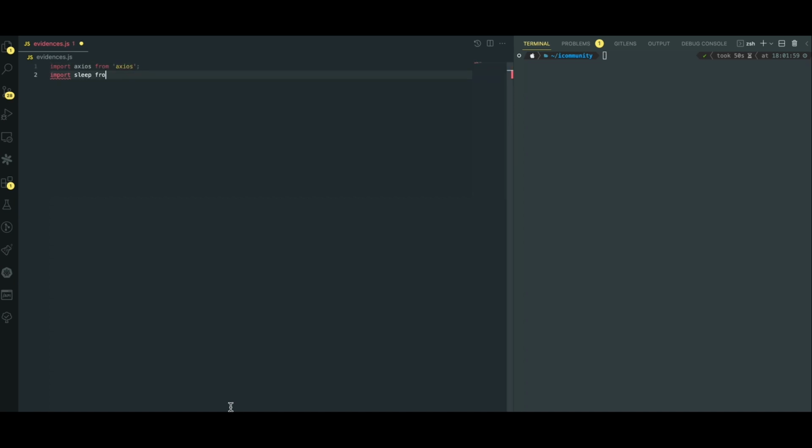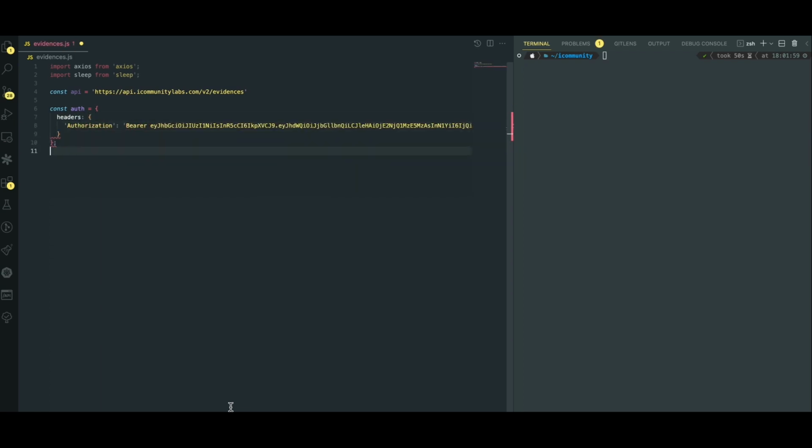For this, we make an HTTP POST call to api.icommunitylabs.com/v2/evidences. In the headers, we put authorization bearer and the access token we generated earlier. In the body, we send a JSON with the content we want to save on the blockchain and the signatures